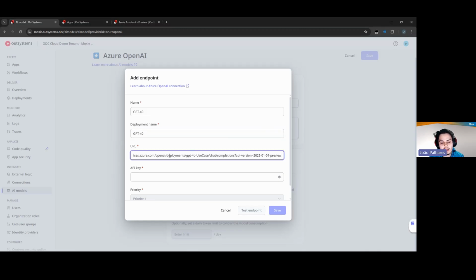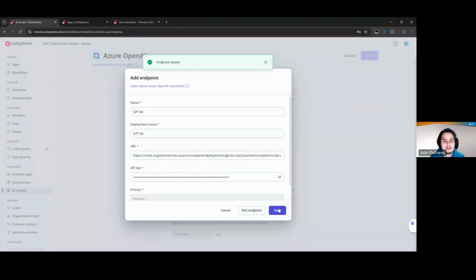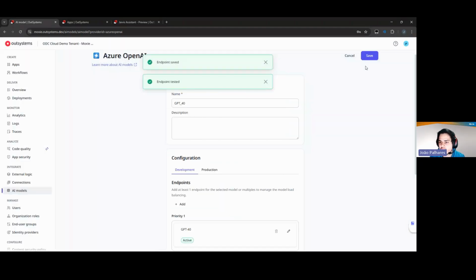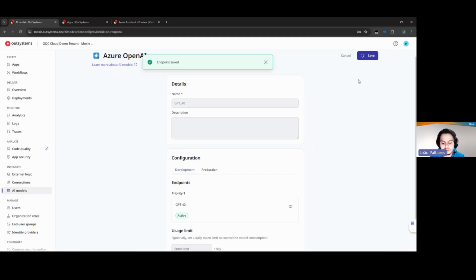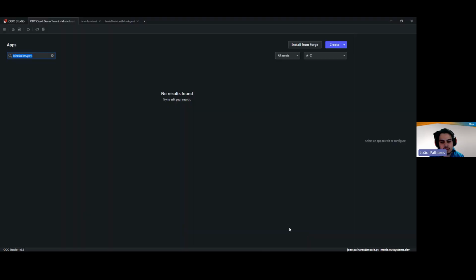The URL is the link provided from the provider, in this case Azure, to show the path to the module that we are using, and then the API key, which is basically the password to access this module. We tested, the endpoint tested successfully, so now we save it and let's go to the fun part, which is